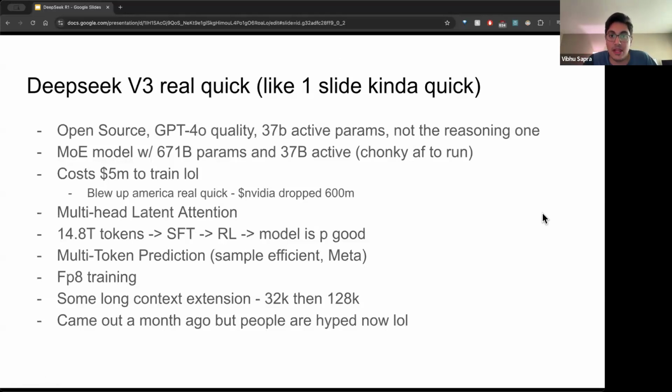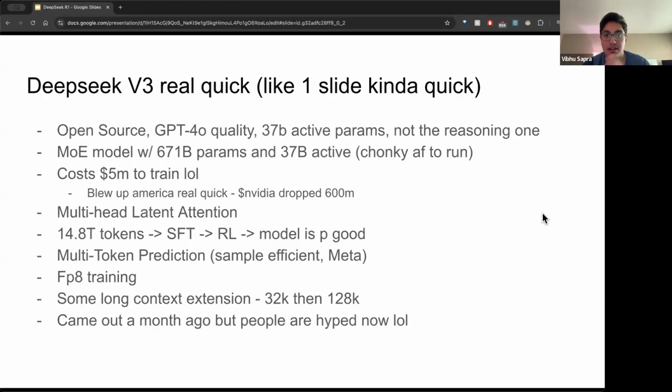So yeah, I'll take a little pause. That's the high level of what they've released, how it works, what's going on under the hood. This is DeepSeek V3. It's their big MOE. It's got 37 billion active parameters. They say it was cheap to train. They trained it on 15 trillion tokens.